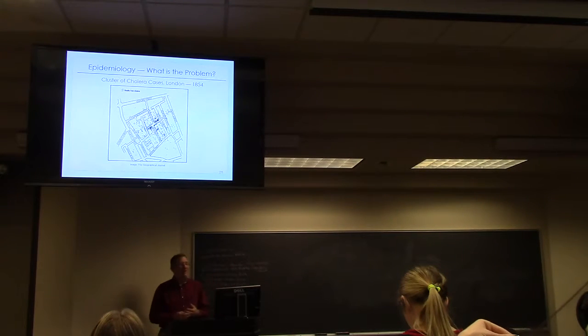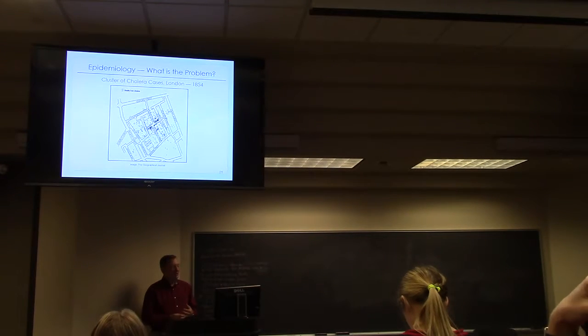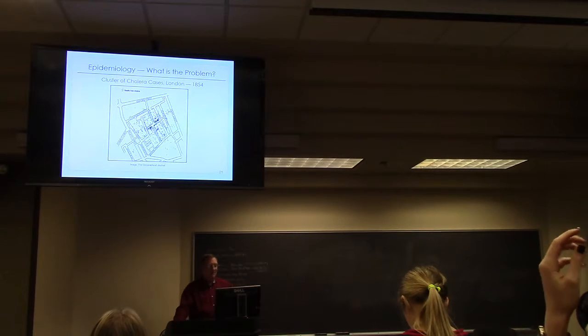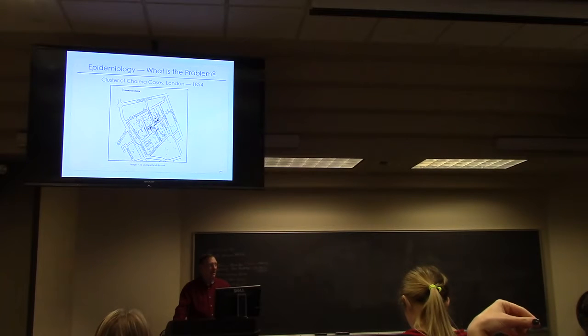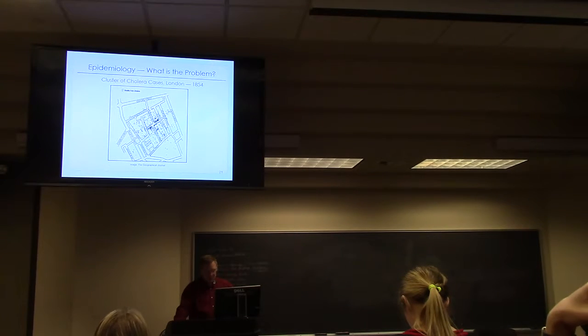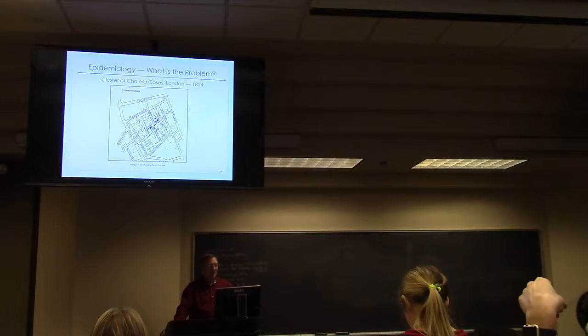So he did the epidemiologic approach, or the public health approach, which is first of all to define what the problem is. So what he did, this is a map of London, and you can see that each of these little dots is where a person lived who had cholera. So you can see that there's a lot of it up and down these streets, and a lot of it on Broad Street in London.